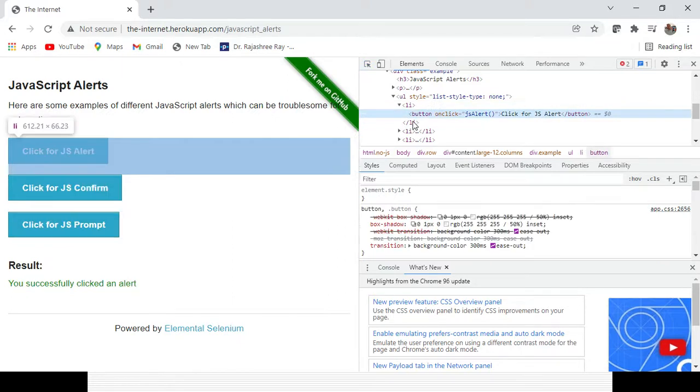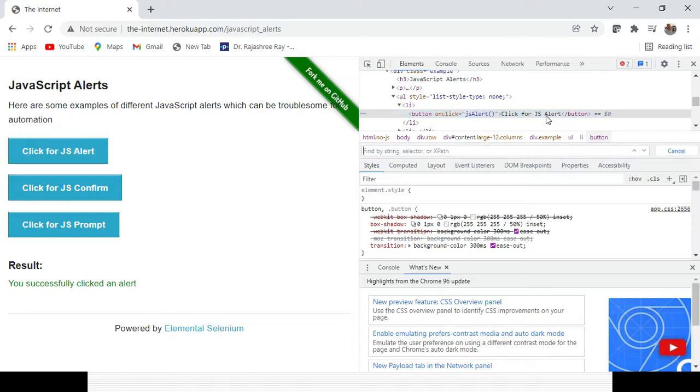You can see this starts with button, and this is the text, so I will create an XPath here. Let's press Ctrl F. In the next session I will create a video on creating custom XPath and CSS, so you can learn how to create them. For now, I take that tag name, and with the help of the text I can create the XPath. Here I can get the text, click for JS alert. With that text I will create the XPath. You can see one over one, which means the object is identified, and I will take that element.